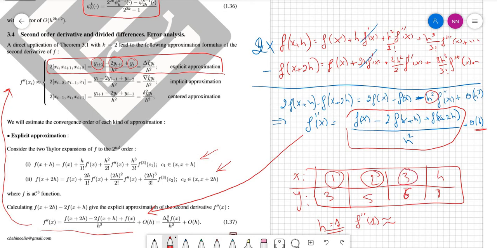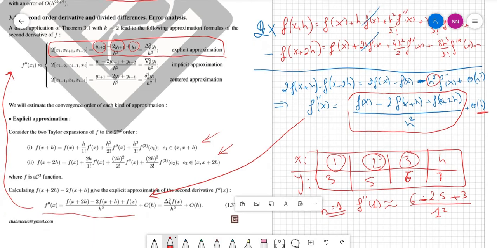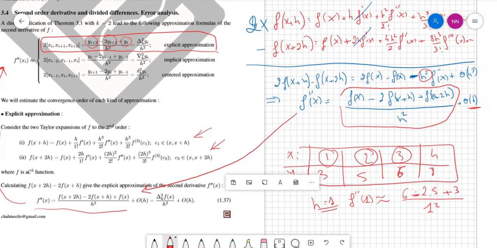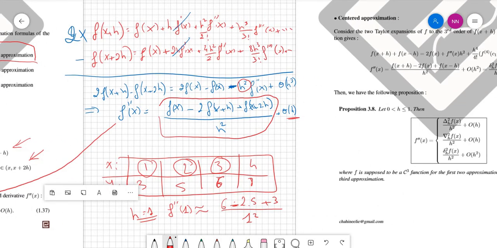So it will be yi plus 2, which is 6, minus 2yi plus 1, that is 2 times 5, plus 3, over h squared, and this will be the approximation of the second derivative. Okay, we can do the same to calculate an approximation of the second derivative using the implicit